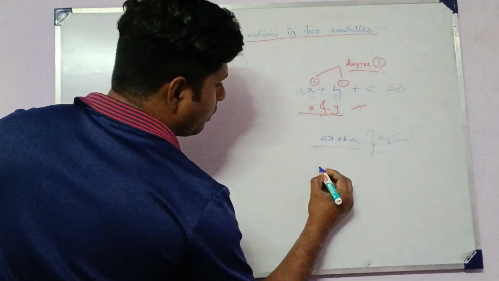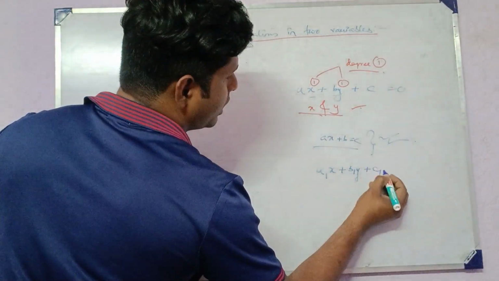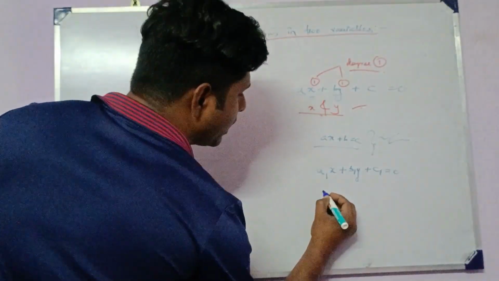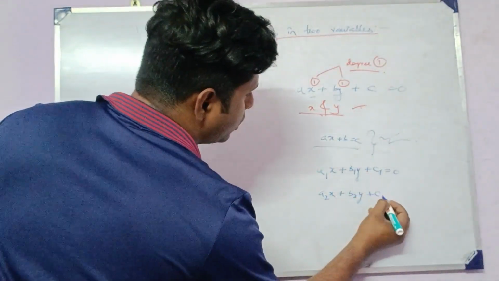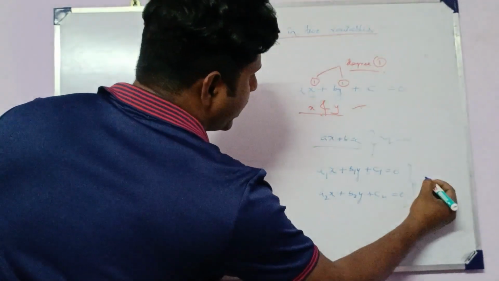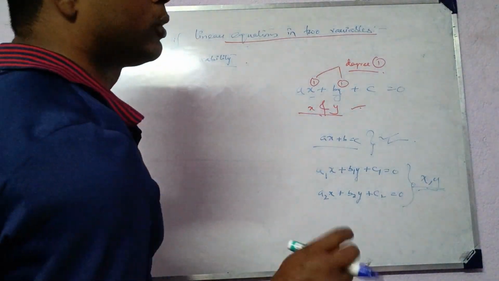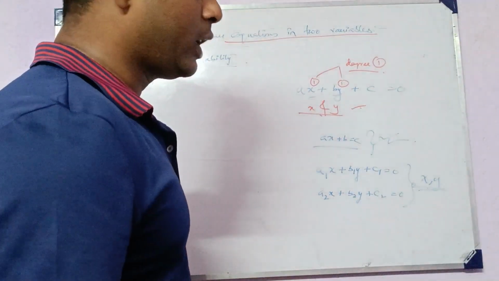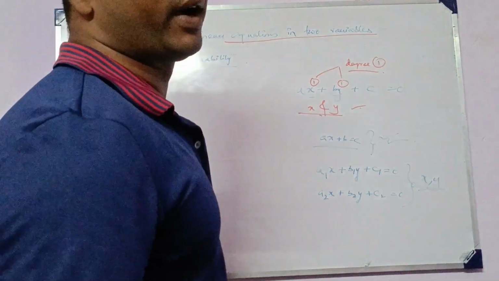Like if you have another one equation a1x plus b1y plus c1 equals to 0, then you should have another equation like a2x plus b2y plus c2 equals to 0 to get the values of x and y. মানে যতগুলো তোমার কাছে ভেরিয়েবল থাকবে ততগুলো তোমার ইকুয়েশন দরকার